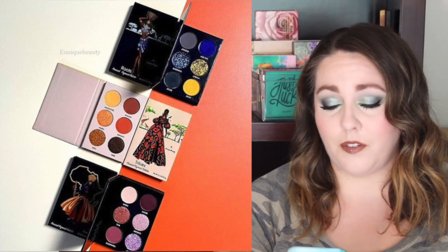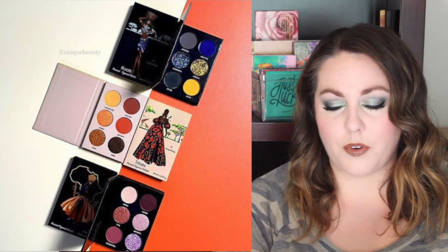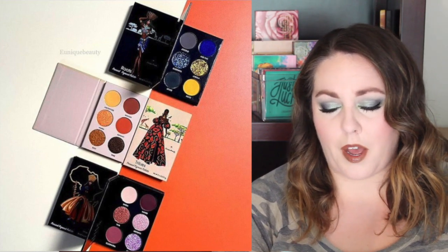All right, Unique Beauty has their new collection available on Monday, so tomorrow. And this is the Fashion Africa collection. So there's 3 6-pan palettes. I've been intrigued by a lot of their 6-pan palettes. Like their spring cleaning collection, those were beautiful. With these ones, the one with the yellow and the blue is really beautiful, and that bottom kind of mauvey